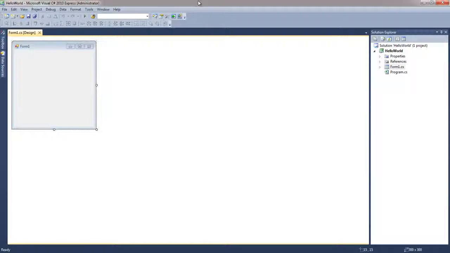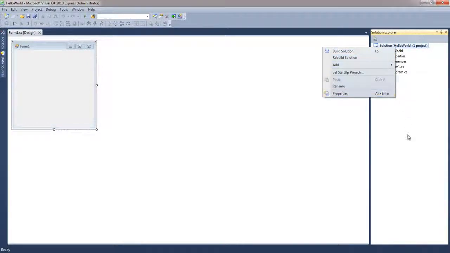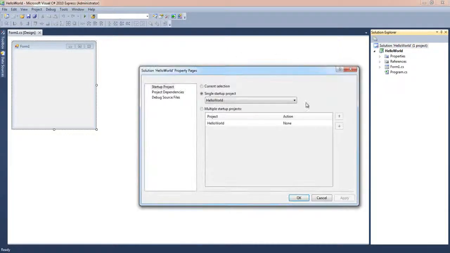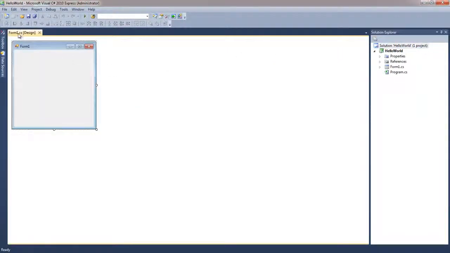Now, if you are inside Visual Studio and you don't know the directory that you've saved in after doing all of this, a shortcut for that is to click on the solution in the Solution Explorer, right click, and I'm not seeing that on there. I think we're missing that. Let's try a different one. Select your designer, right click, and you can see Open Containing Folder. And I believe this would be a limitation of Express versus Professional. But what this will do is it will open up the folder in Windows Explorer,